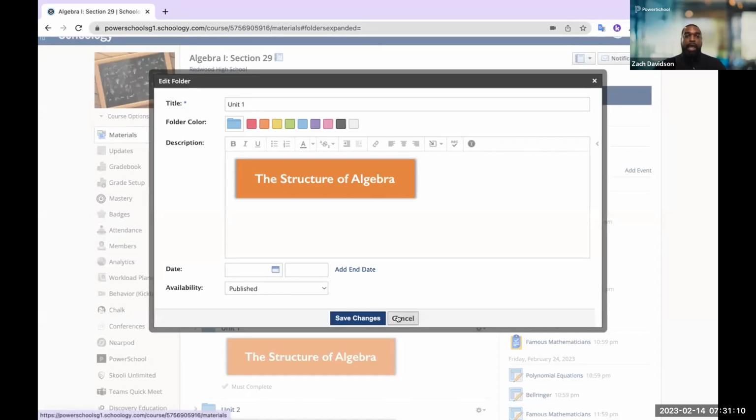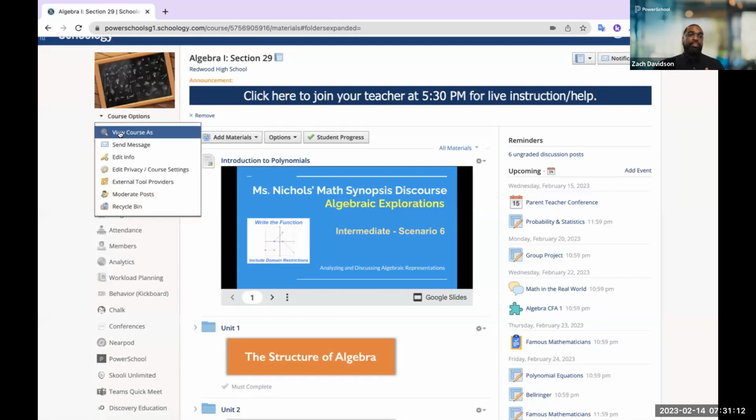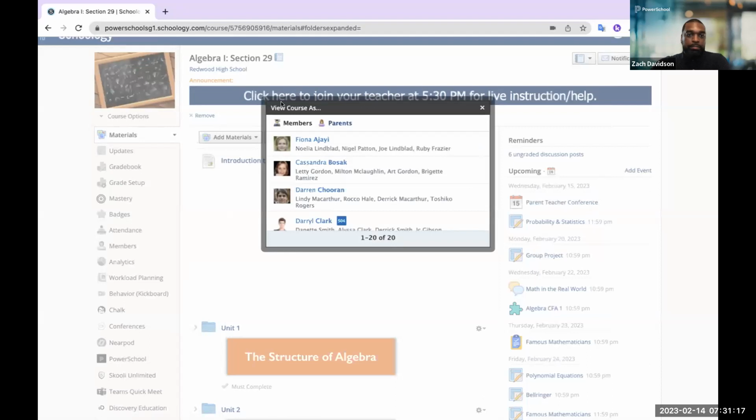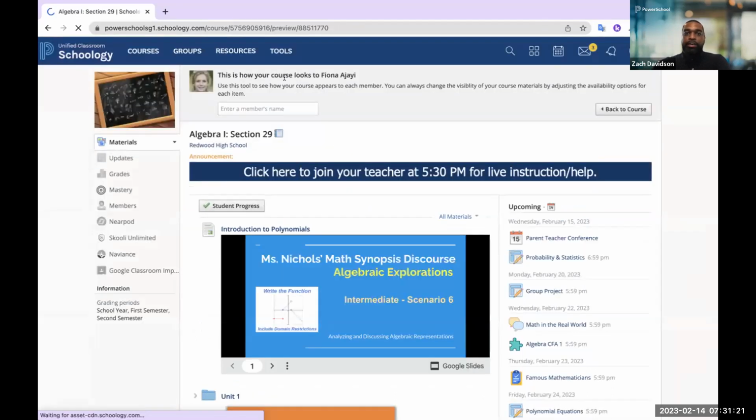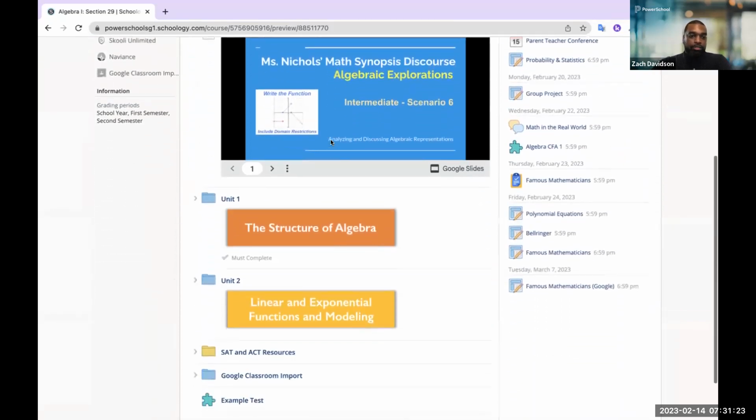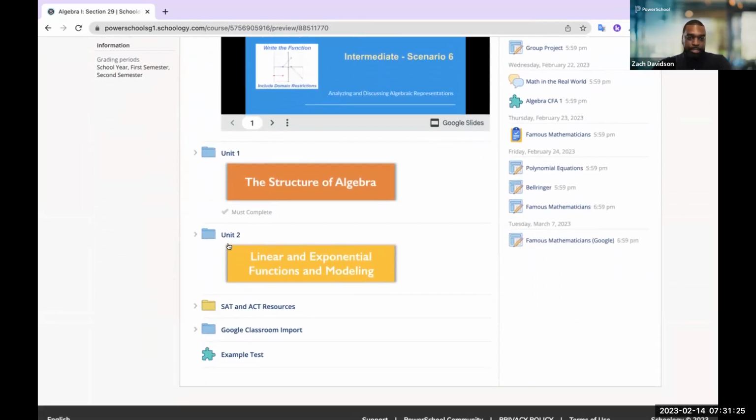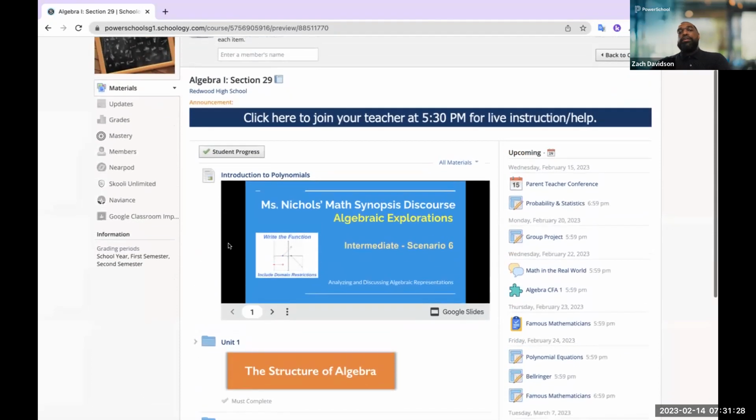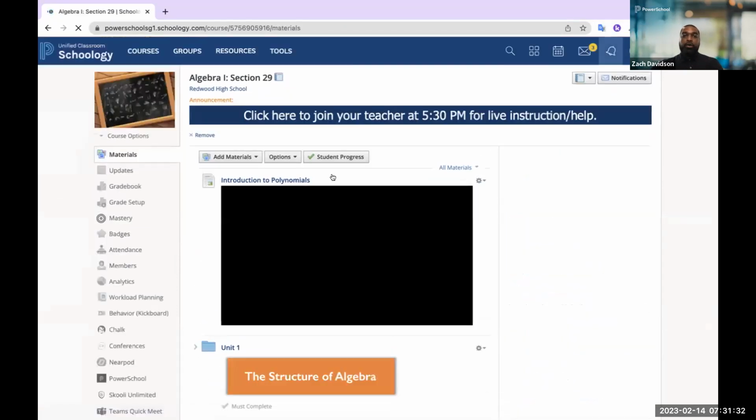out to be published. And what you'll also notice here is the ability to view the course as any one of your individual students. In this example, if I take a look at Fiona here, it'll show me how your course looks to Fiona. And you'll notice that the Unit 3 folder is not present. All right. So there are very easy ways to think about deploying content as you see fit, or even allowing